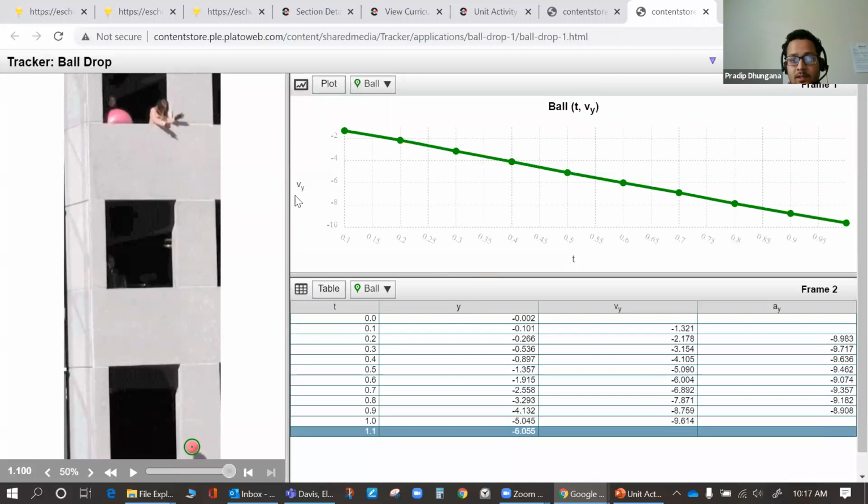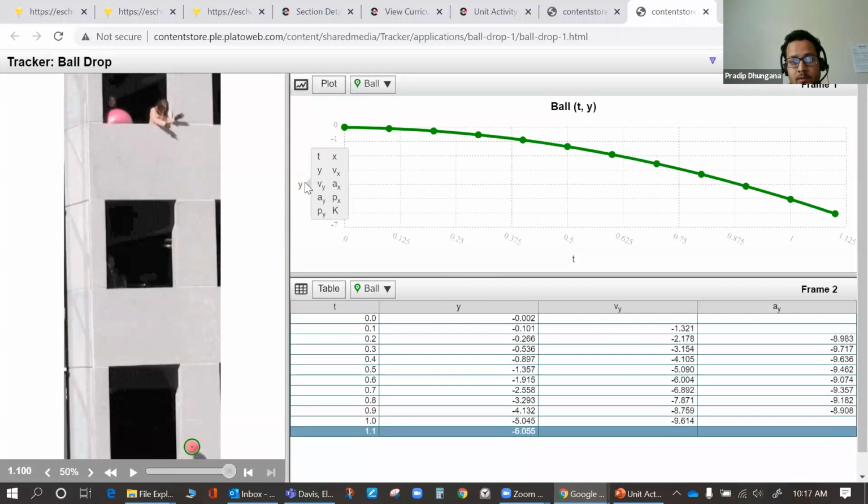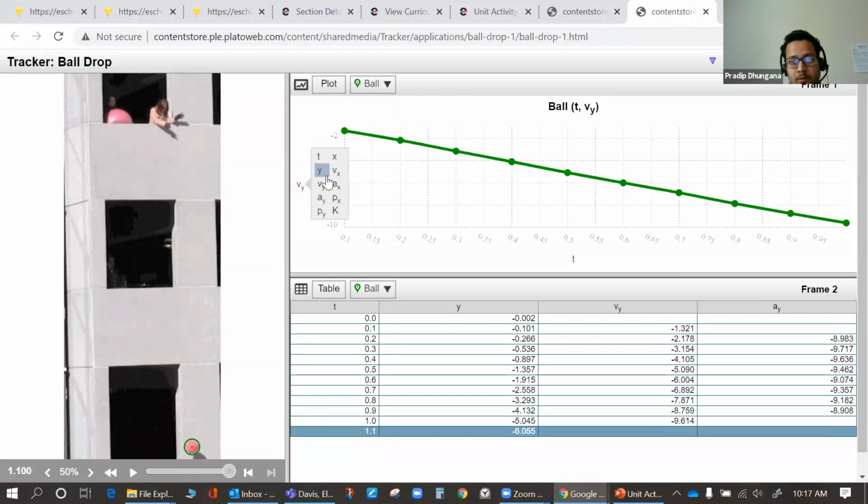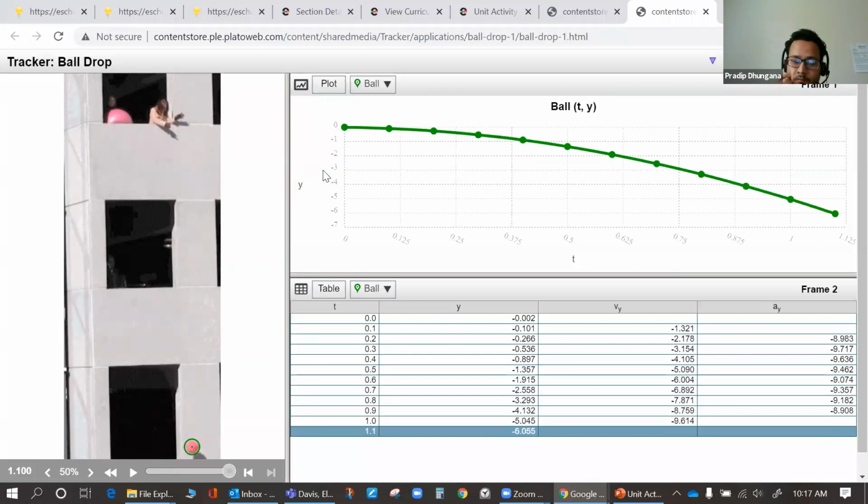But as you can see here, this is your velocity. So click it here, okay, and then click Y. That is your vertical displacement. You can see here, if you get confused, at first it was Vy like that. So you can make it Y, okay? And then you can find all those values here. At different times, you have vertical displacement, vertical velocity, and vertical acceleration. And you do a vertical displacement versus time graph.